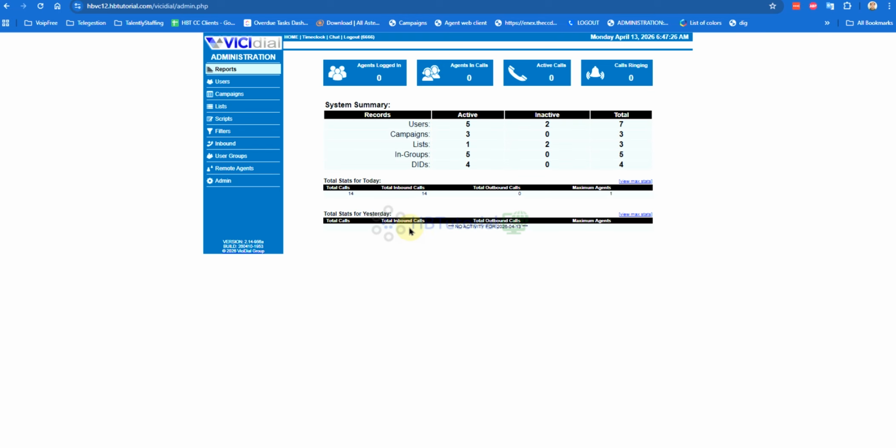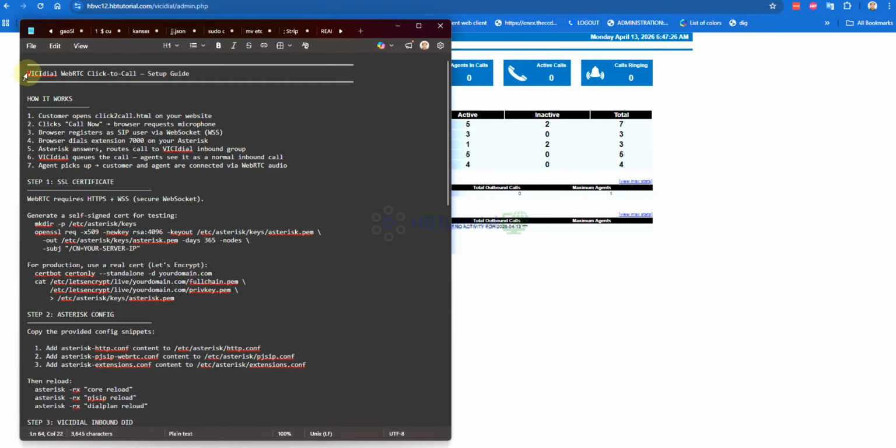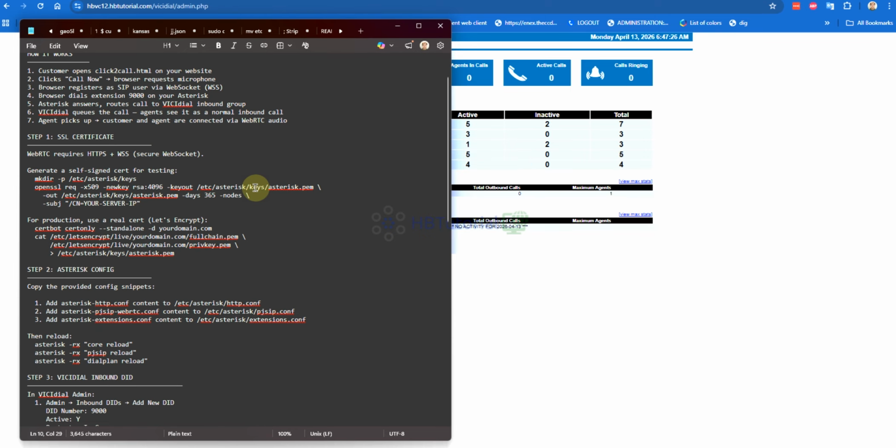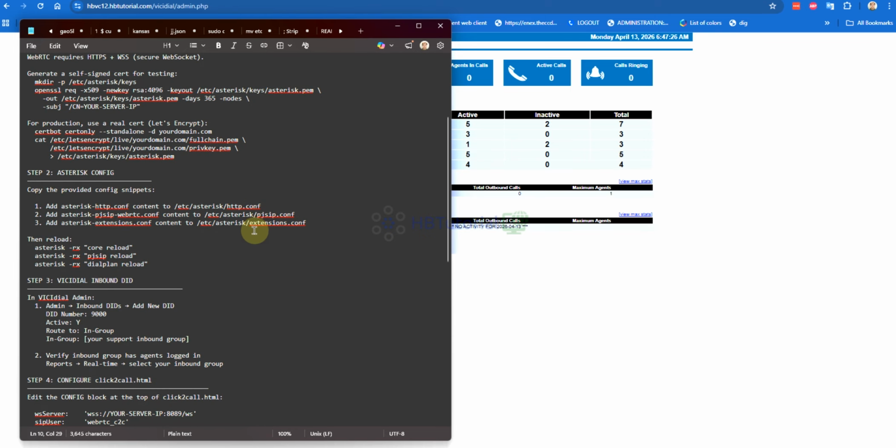Okay, so here, what I configured is the Wikidial click to call. So these will be our extensions right now that have been created.